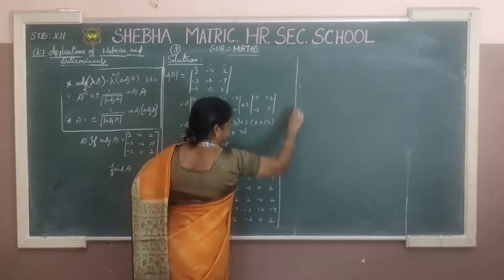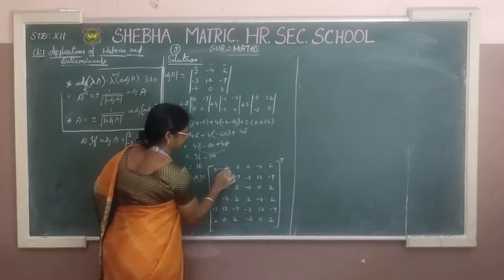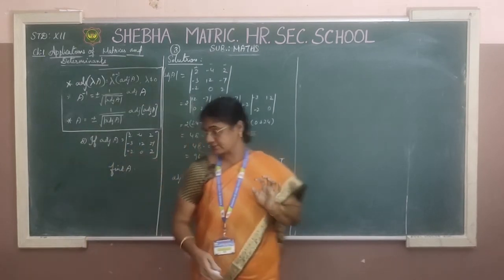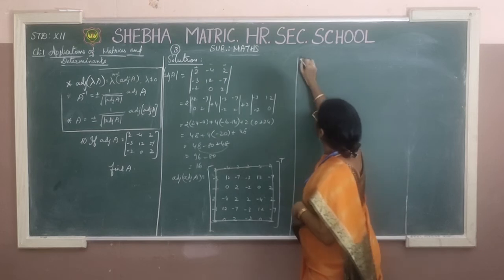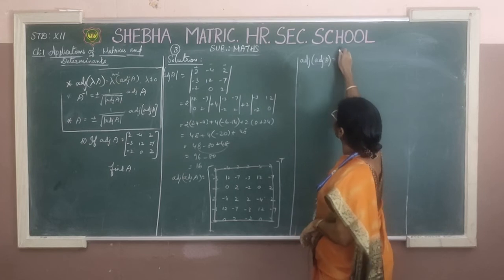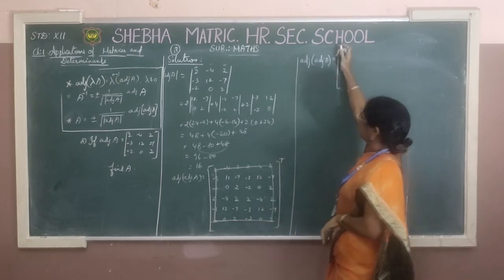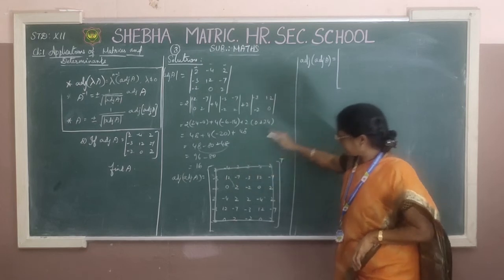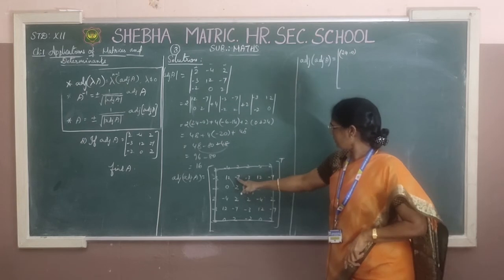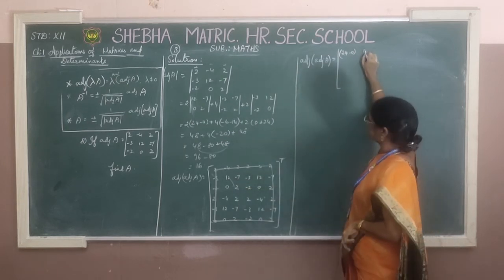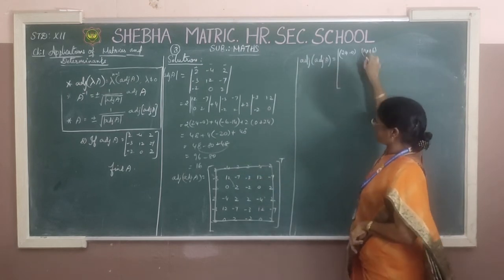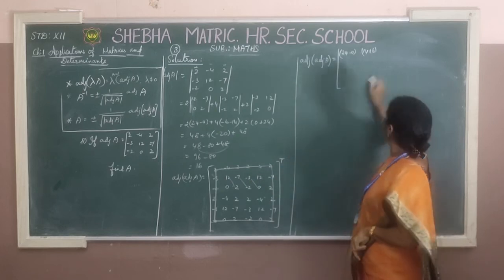Transpose. Okay, first neglecting the corner elements. After neglecting this, we have to write adjoint of adjoint A is equal to, again write in the matrix form. Multiply these two. 12 2s are what? 24 minus 0. Next one is what? 7 2s are 14. Then minus 6 becomes plus 6. And then next one 0 plus 24.